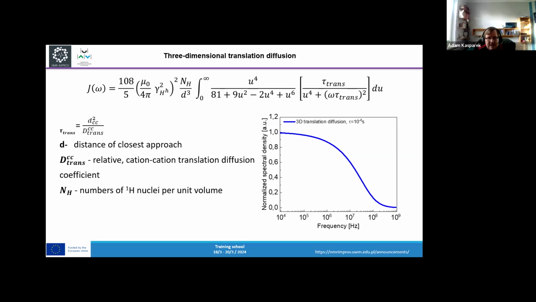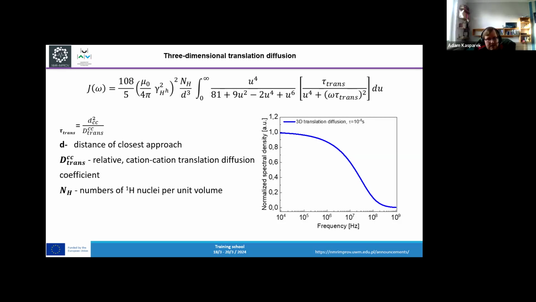We have here an integral, and the translation diffusion coefficient is put here in this tau translation, because tau translation is calculated like that, where